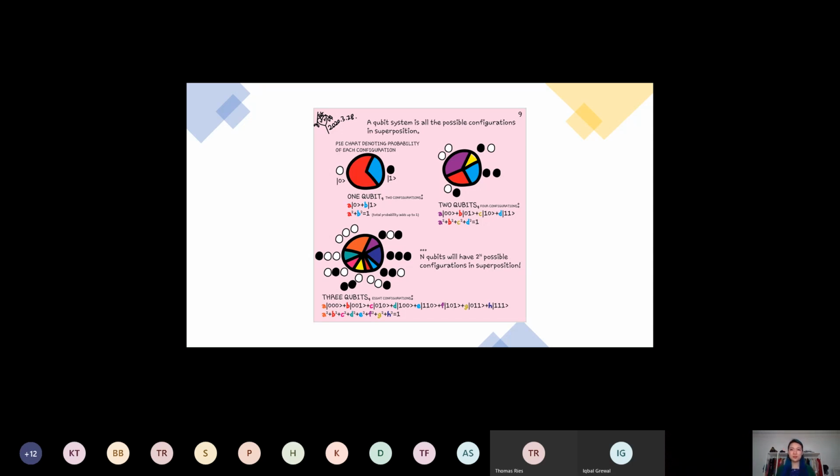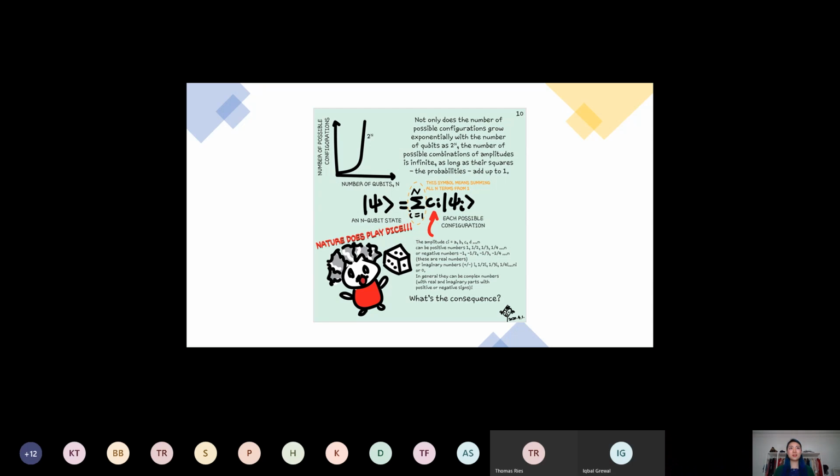Then when you have n qubits, you will have 2 to the n possible configurations in superposition. That is very powerful. The number of possible configurations your state can be in scales exponentially with the number of qubits. It's not just that you can have 2 to the n, but the number of possible